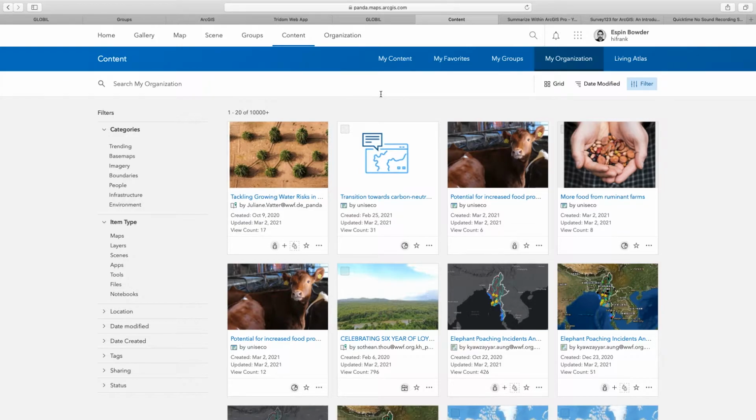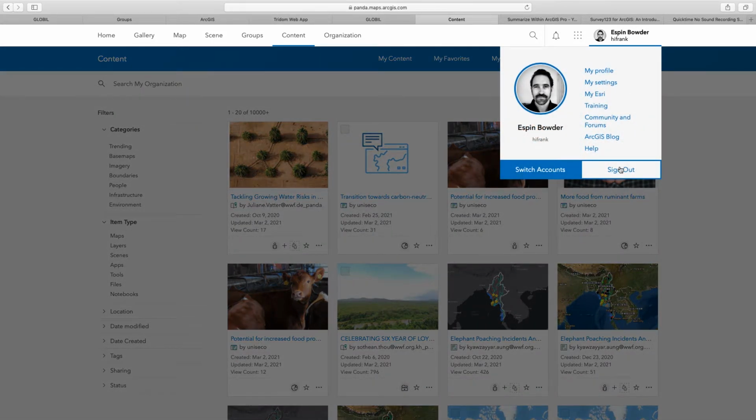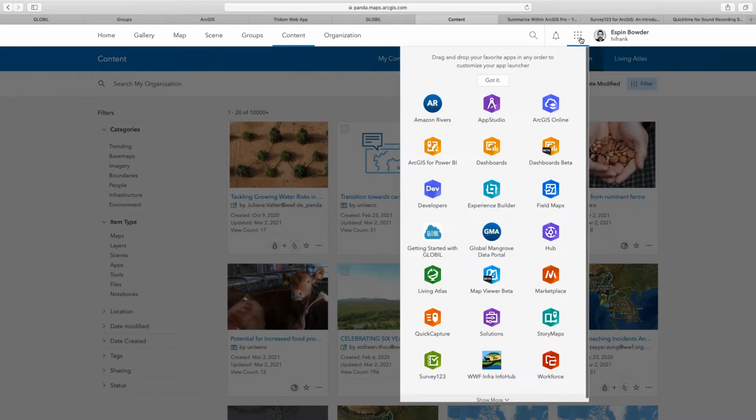And before we go to make a web map, I want to point out, yeah, that's me up there. If you need to sign out, you click here, and that is the option. And this here, like in Google, you have these 9 dots. This is access to other apps, and you can see there is